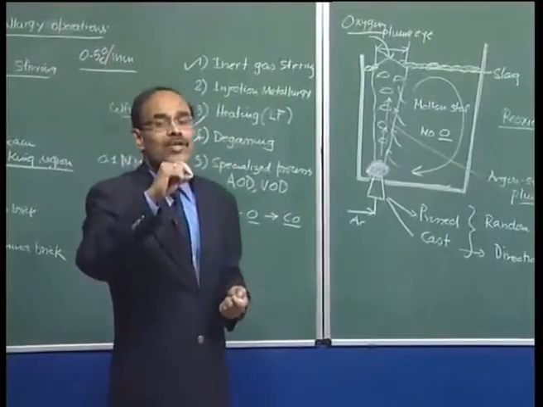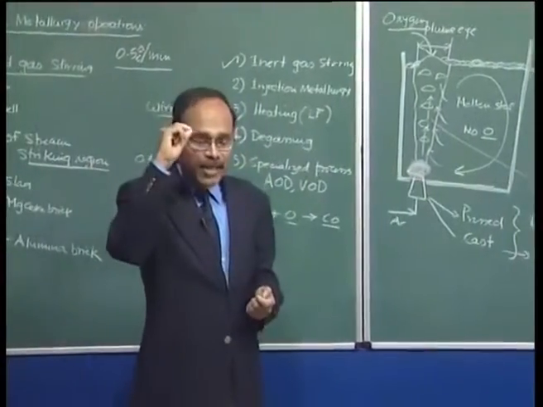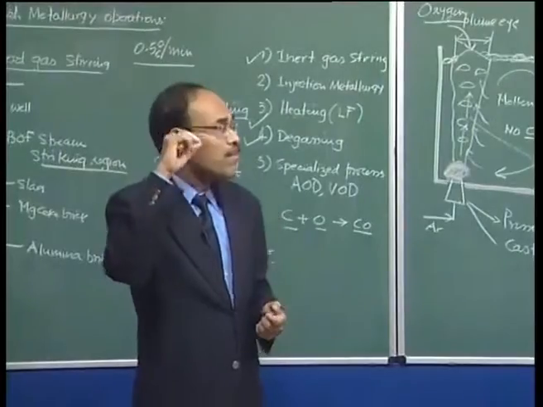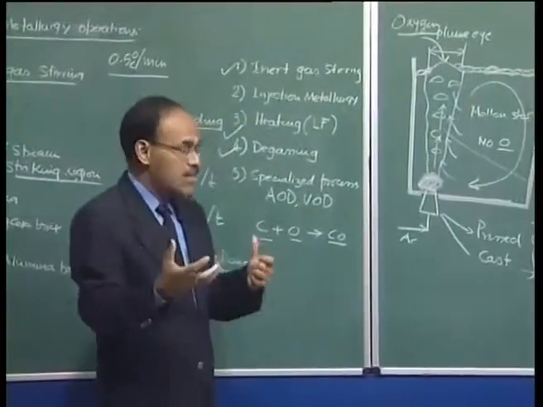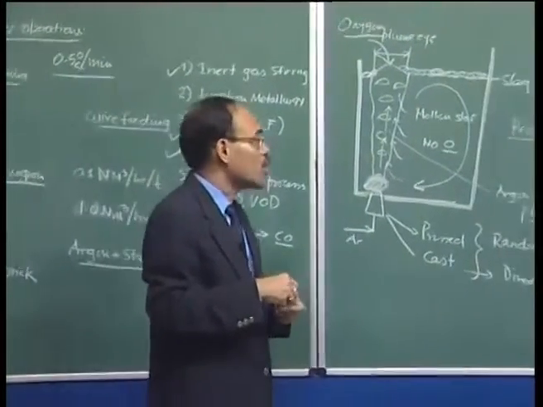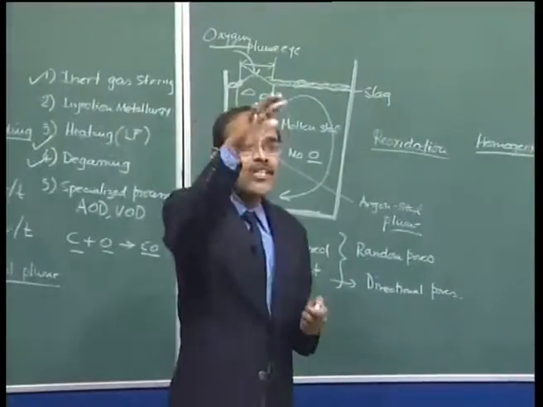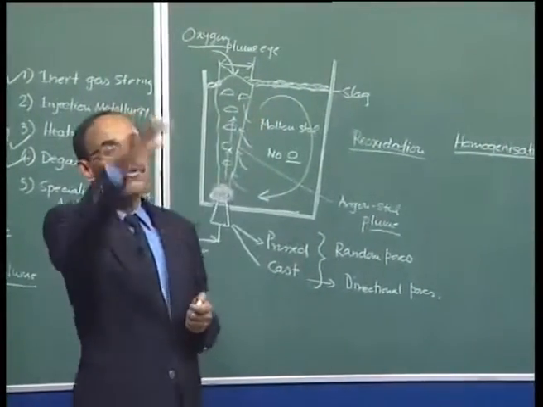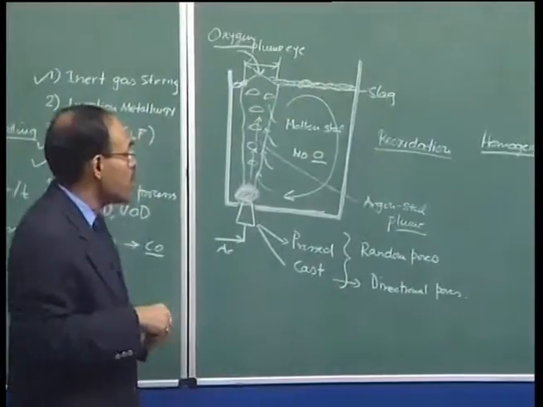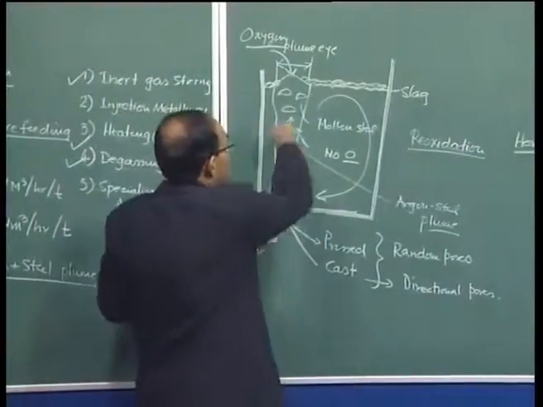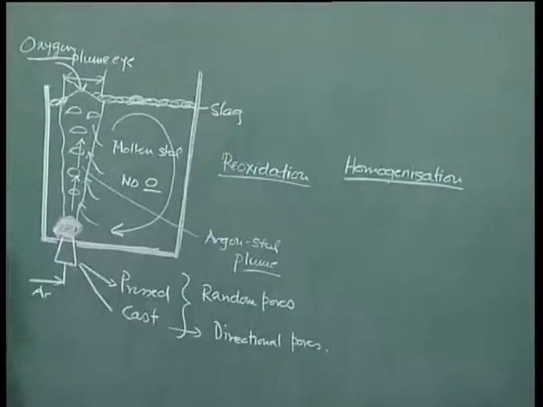Otherwise, what is going to happen if you don't stir it? You will sip the tea and see the first sip doesn't contain much sugar, whereas the last sip that you drink will contain a lot of sugar, because of the inhomogeneity of sugar distribution in the cup of tea. So, argon rinsing is basically carried out to homogenize the bath in terms of its temperature and its composition.